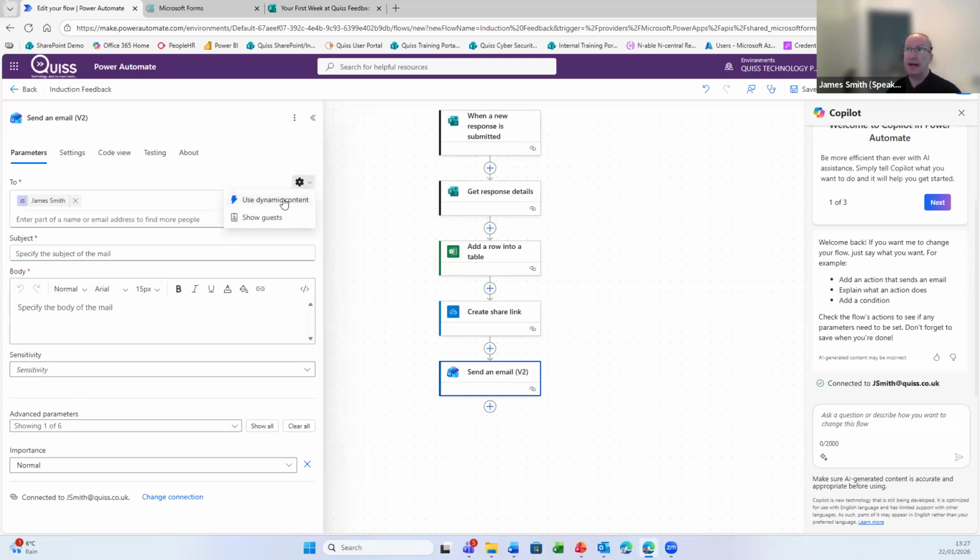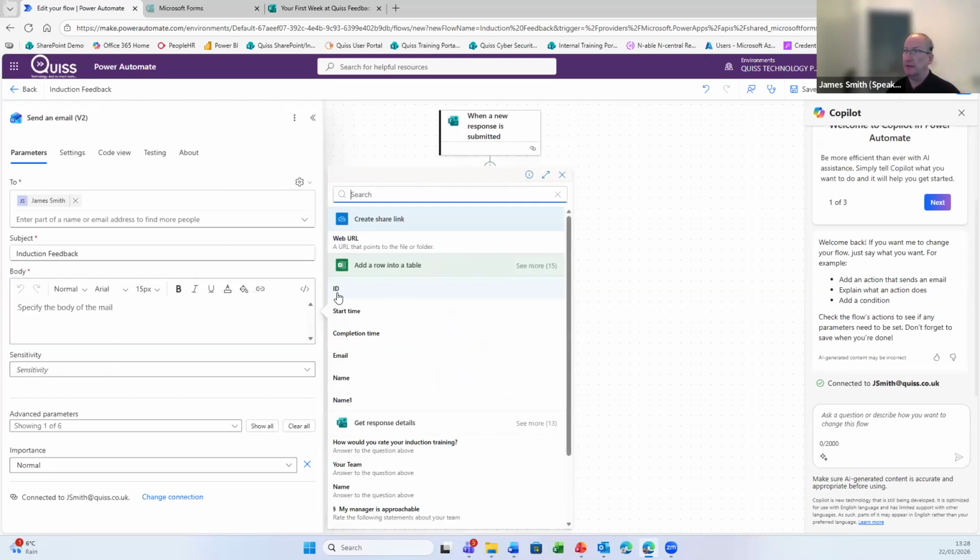Alternatively, you can use dynamic content. So for example, if there is an email address in your response details, you can use that. I'm going to specify a subject and I'll just call it induction feedback. And then in the body of the message, I am going to use some of the dynamic content. So if I go into here,